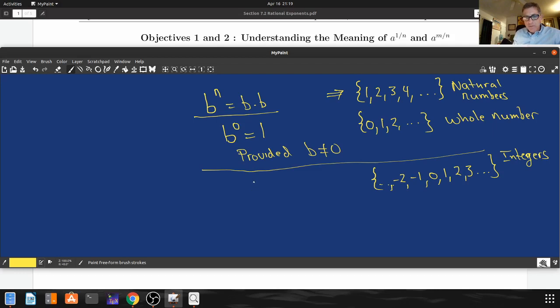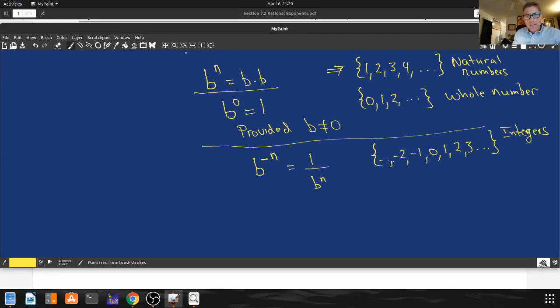And we learned that, for example, if n is a natural number, then b to the minus n is equal to 1 over b to the n. And finally, way back,